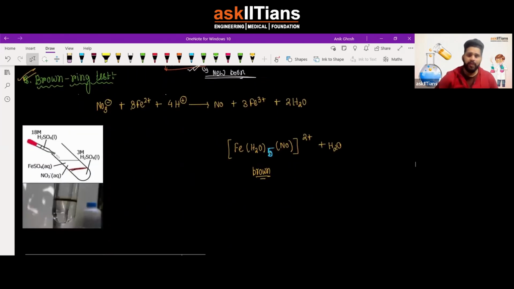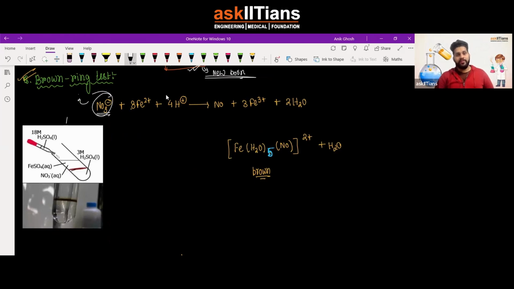This question comes very often, on the brown ring complex. I believe, guys, this is something I taught you already in analytical chemistry. As you can see, when you have a nitrate, the identification test of nitrate is the brown ring test, correct? So when you have a nitrate salt, you react it with Fe2+, which is generally freshly prepared FeSO4, in the presence of concentrated H2SO4. What would happen? You have performed this in the lab, right? What we find is this penta-aqua nitrosoferrate compound,